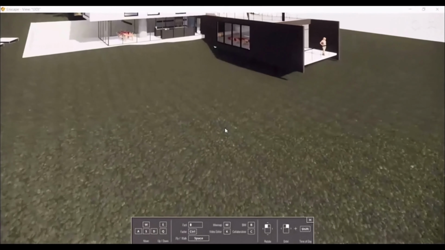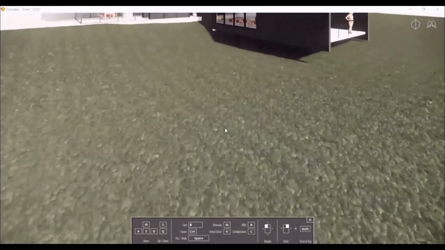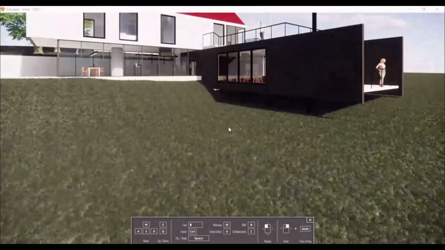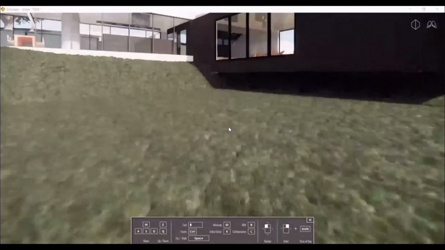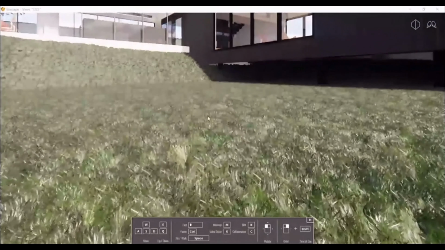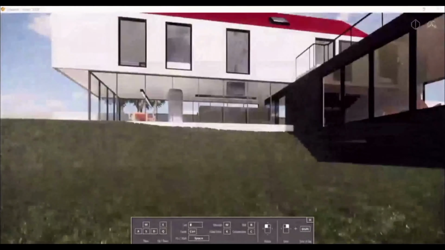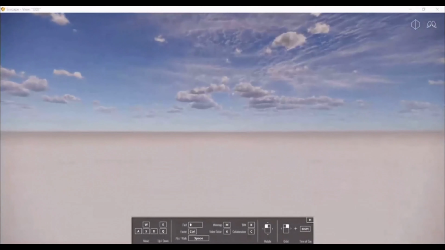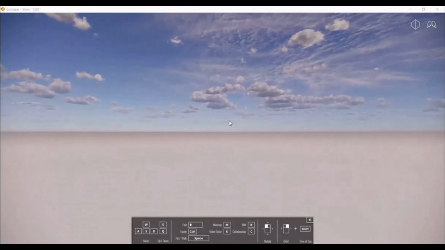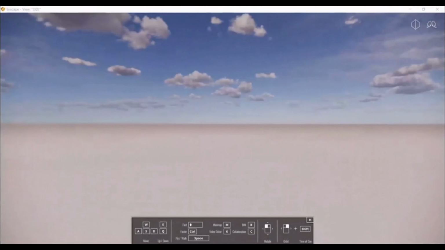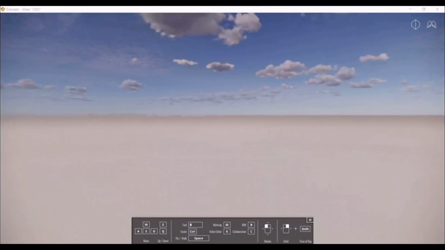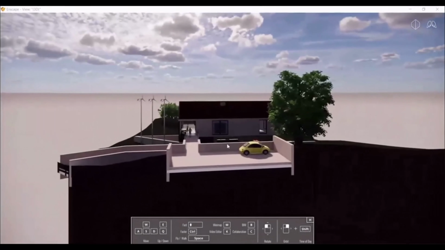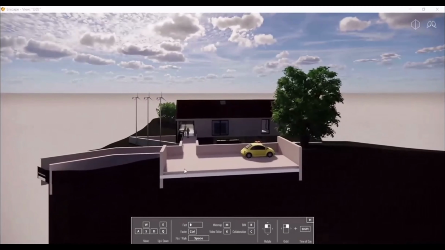You can see we are moving very slowly, and if you press the arrow, then you are moving faster. And if you press Control with that, you will move even faster. Okay, so this way. Now if you want to rotate around, hold your mouse left key and move your mouse. Okay, now let's move it around.